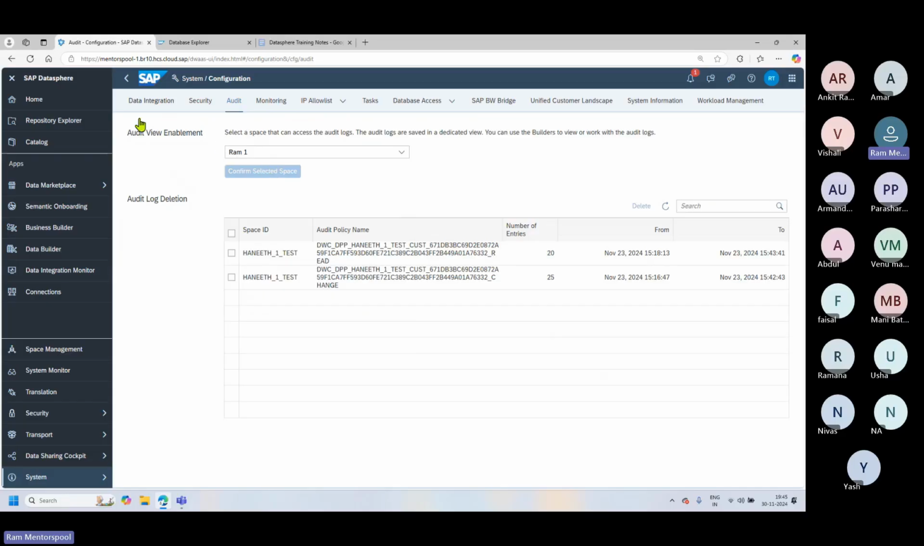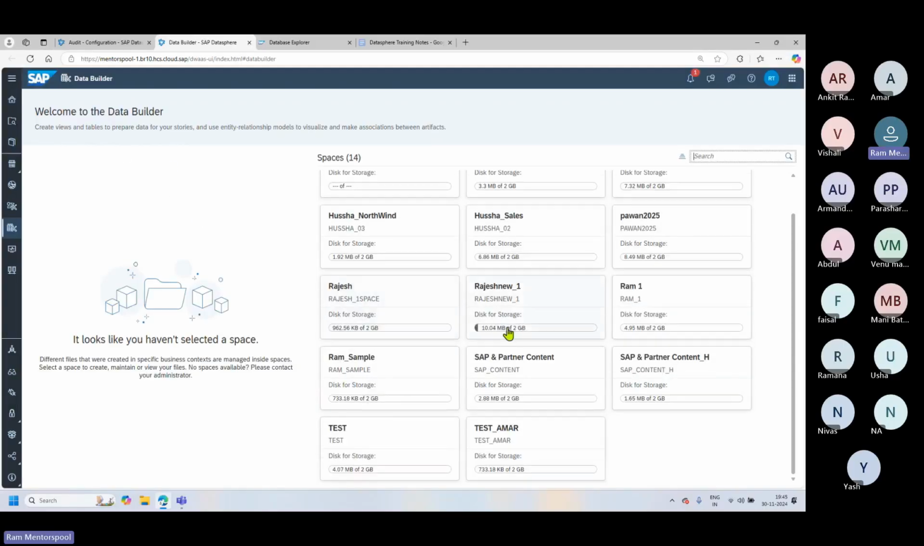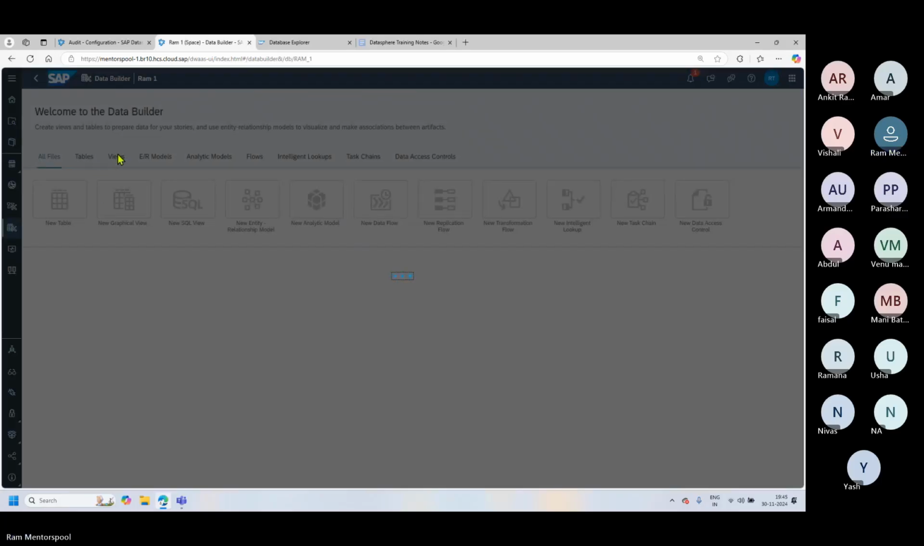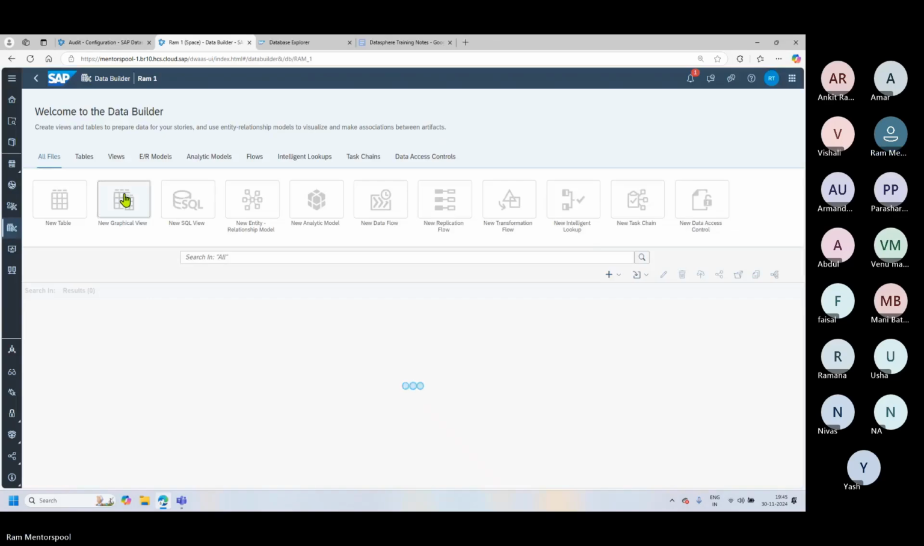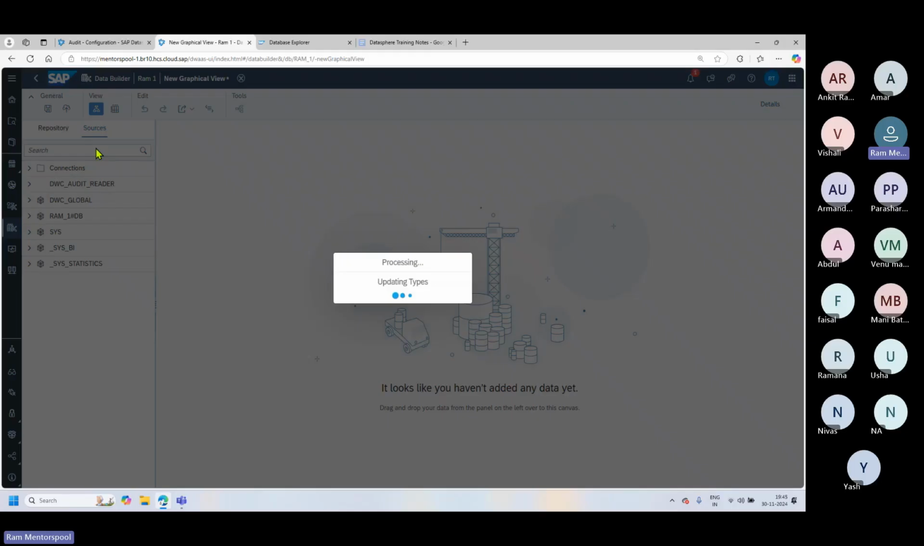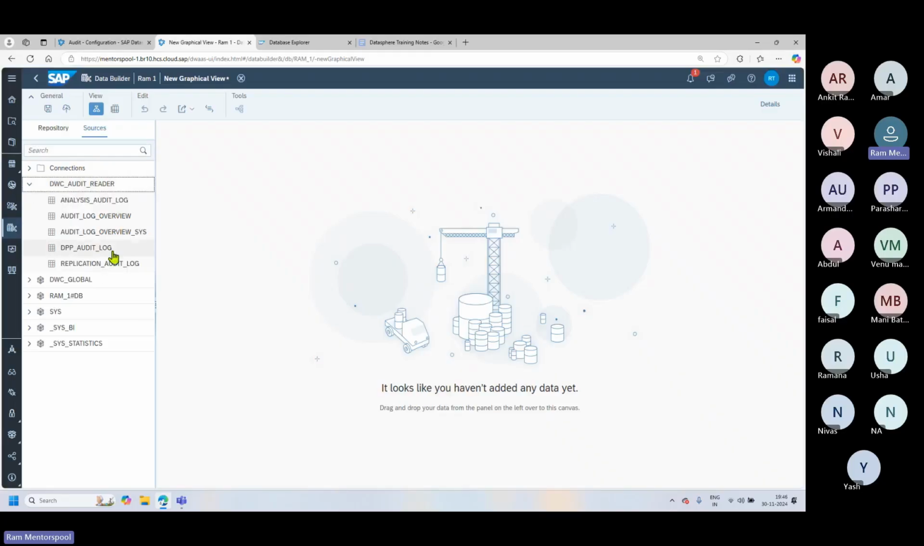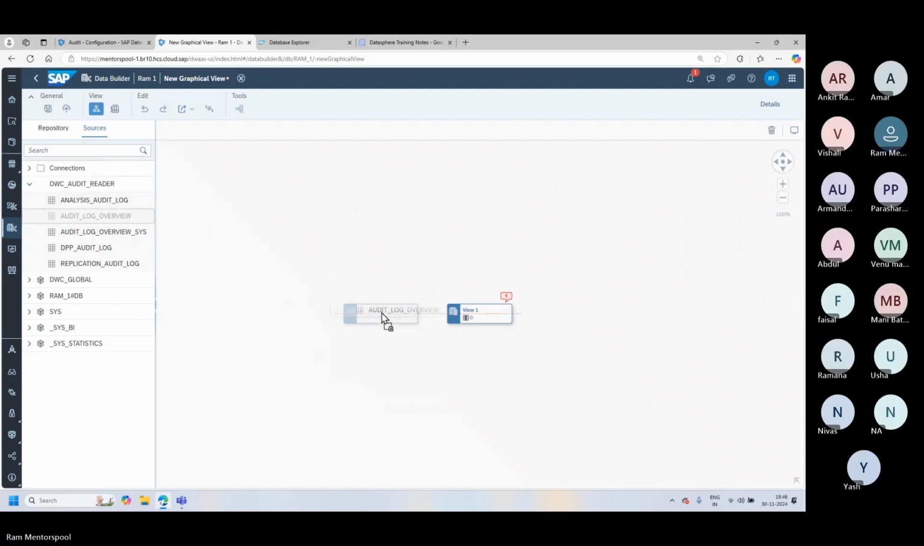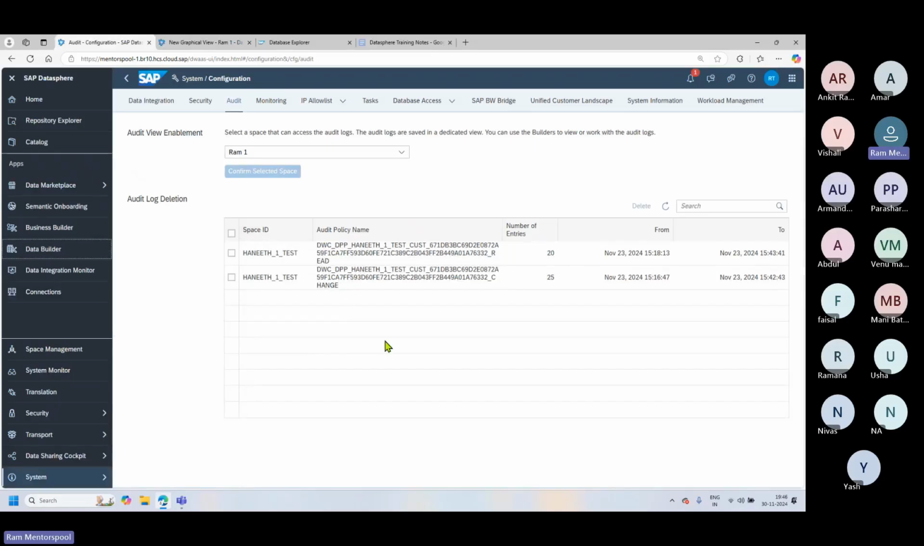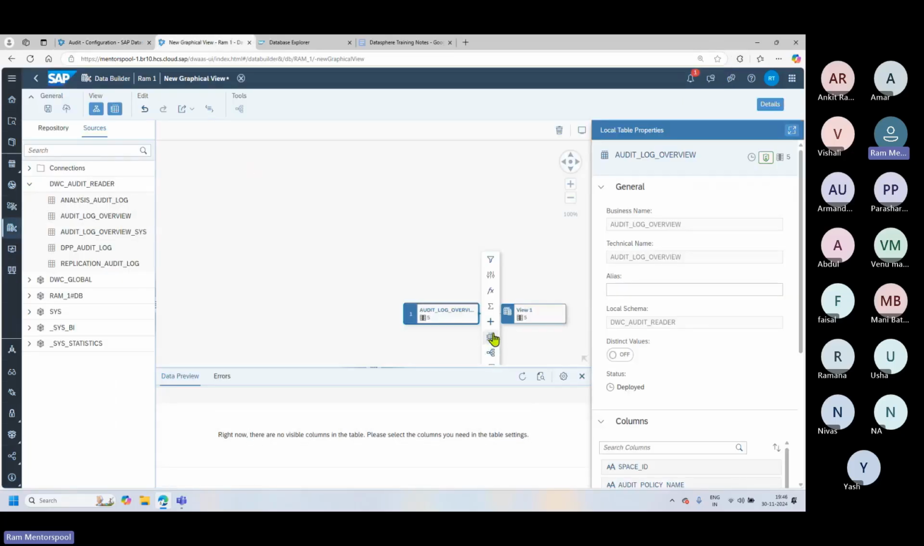What that will do is, if I go to my data builder, as you have already seen while I was showing the view and sources, there was an audit space visible in my space. If I go into that RAM1 space, graphical view, sources, you can see here the DWC audit reader. That is where we will have all this audit information. For example, we have this audit log overview table, which is the exact table being read here that shows the space ID, the number of entities, etc. If I come here and do a data preview,